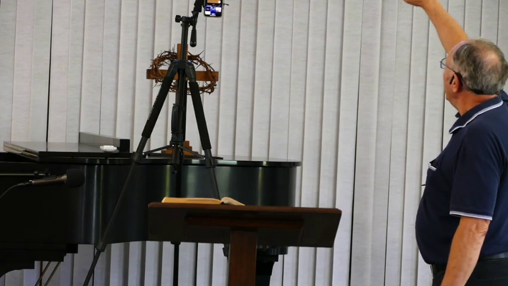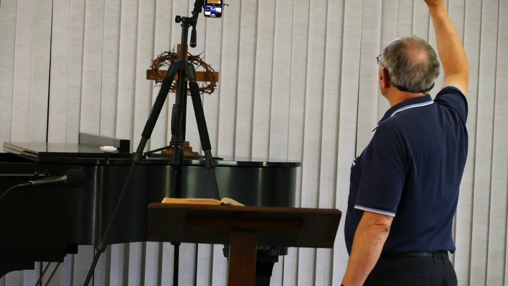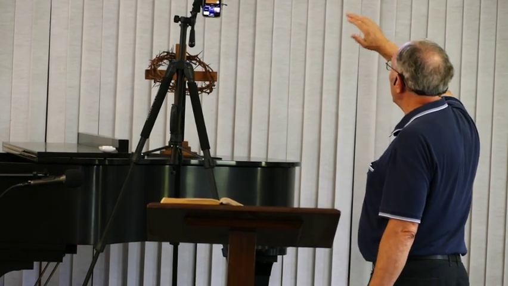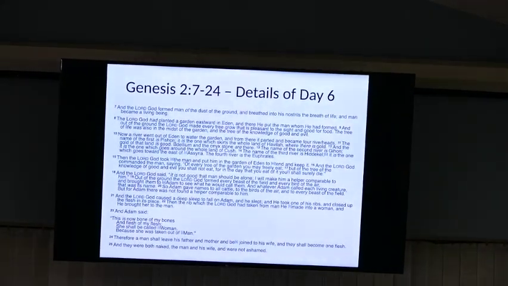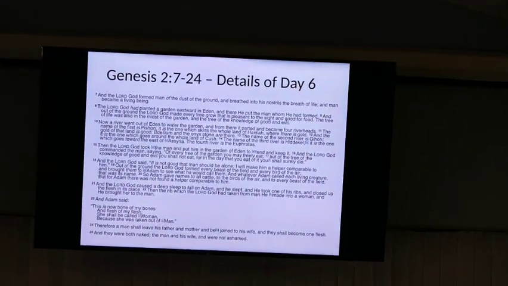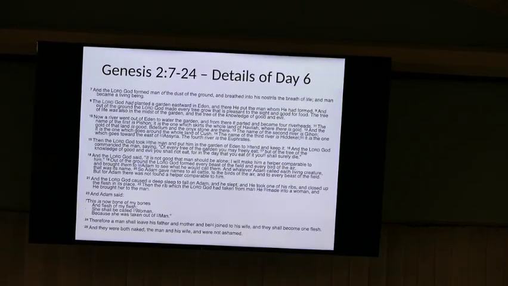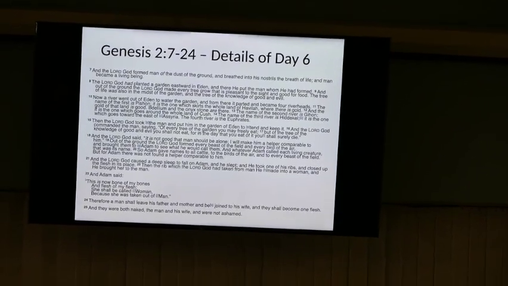And again, we're not going to read through this, but it talks about things. And the Lord God formed man of the dust of the ground and breathed into his nostrils the breath of life, and man became a living being. The Lord God had planted a garden eastward in Eden, and so on and so forth. Now, by the way, a lot of your translations will simply say in verse 8, the Lord God planted a garden. And so they say, oh, see, that happens next. In Hebrew, it's the points you're wanting to get made at the moment, not the chronological order.